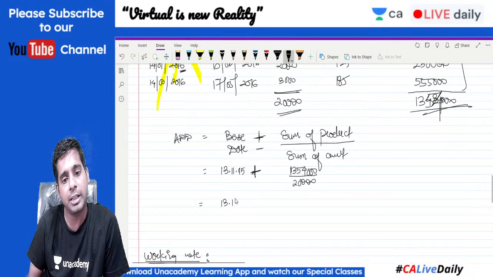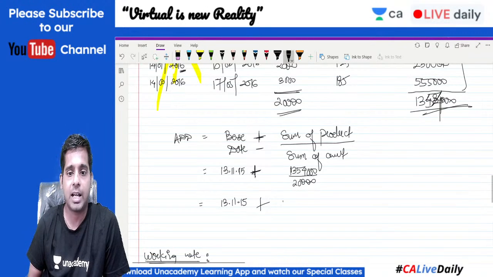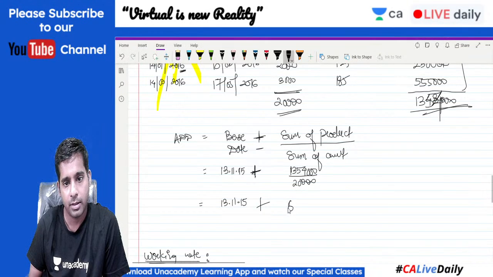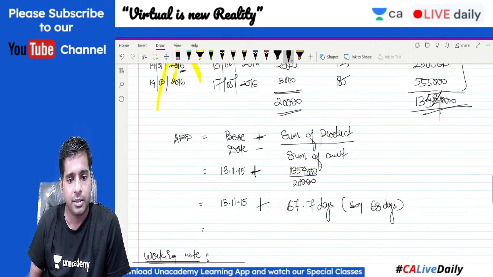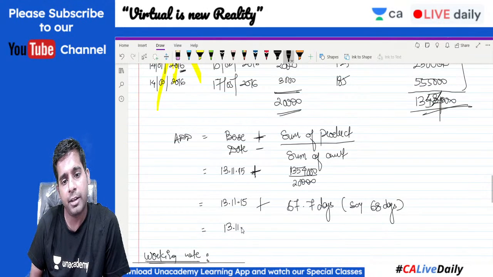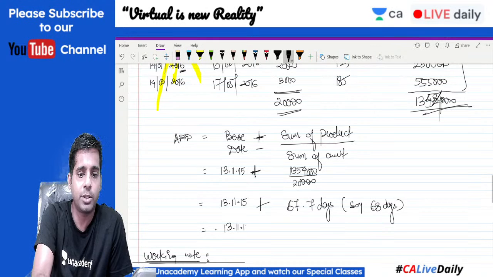It will be equal to 13, 11, 15 plus how many days? 67.7 days. We can say it 68 days, right? So 13, 11, 15 plus 68 days equal to,